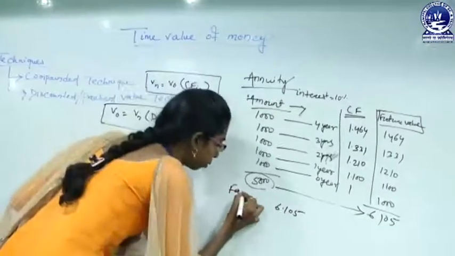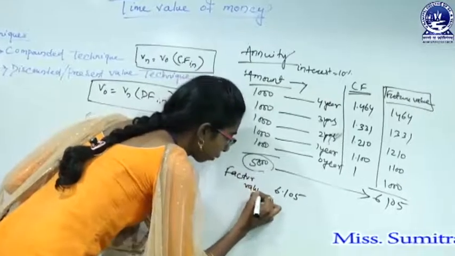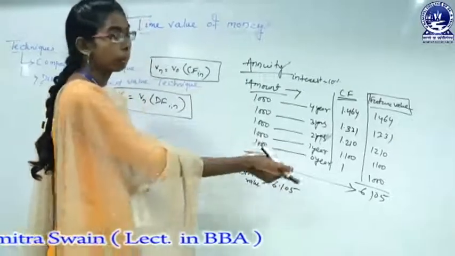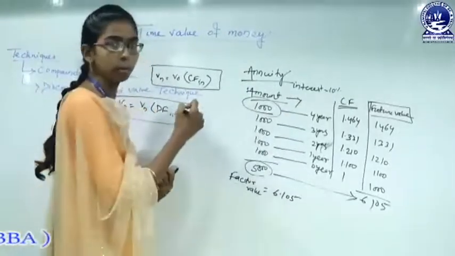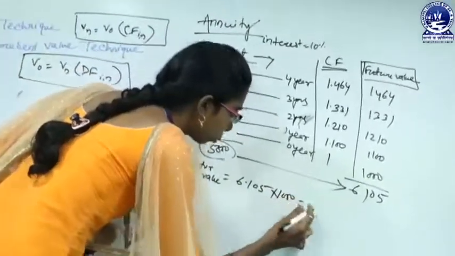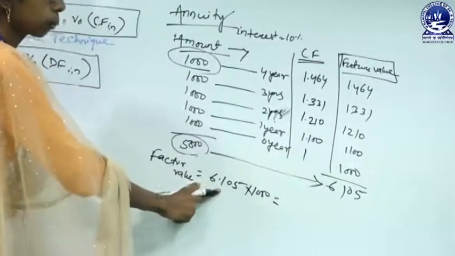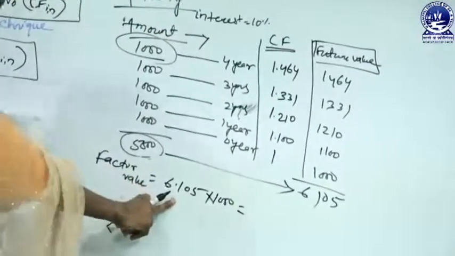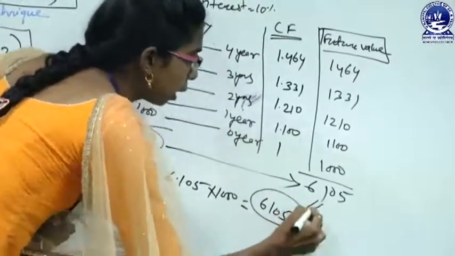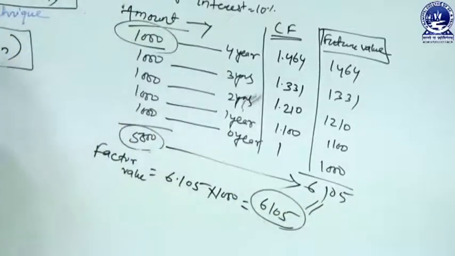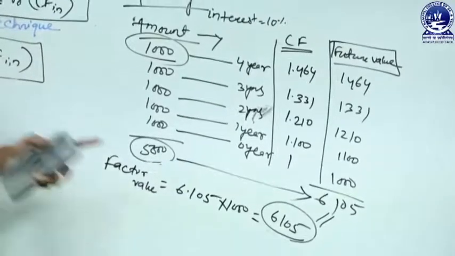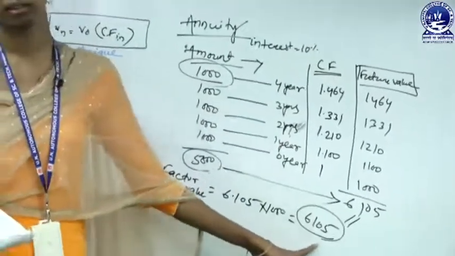The factor value is 6105, and this factor value is going to be multiplied with our repetitive amount, that is 1000. हर साल हम जो दे रहे हैं, तो अगर हर साल हम 1000 दे रहे हैं और फैक्टर टेबल के हिसाब से हमारा इफेक्ट जो है वो 6.105 है, तो आर वैल्यू विल बी कन्वर्टेड इनटू 6105 and both these values are same. We are not going to calculate in a lengthy way, we can simply see from this table and put the value and get the answer.